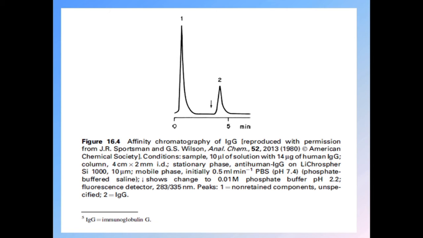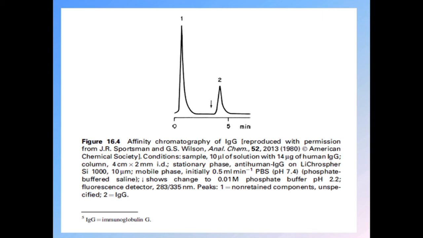Stationary phase: anti-human immunoglobulin G on LiChrospher silica 1000, 10 micrometer. Mobile phase initially 0.5 ml per minute, PBS pH 7.4,